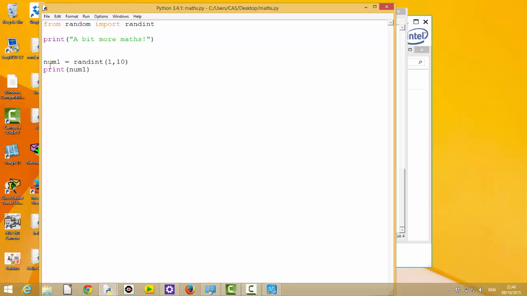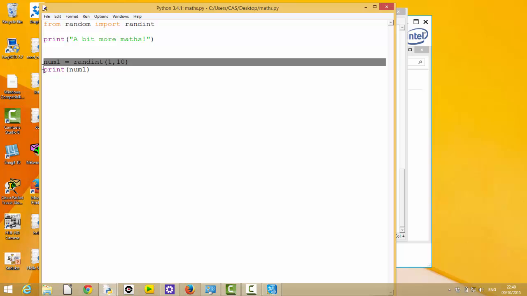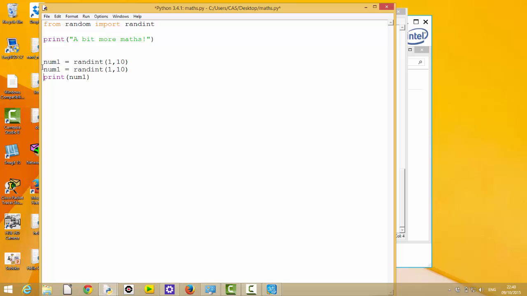So what I want to do is I want a pair of random numbers. So I'm going to just copy that line, and I'm going to get a pair of random numbers. So I've now got num1 and num2. Now obviously these are returned as integers, so I'm not going to do that typecasting like I had before. And really what I want to do is ask the question. So I need to ask the question, what is, as a maths question, num1,